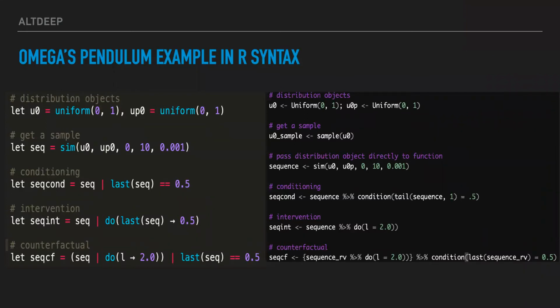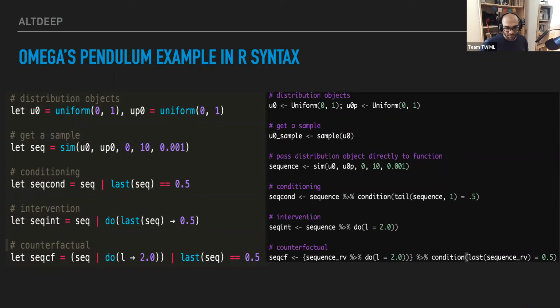Okay, we don't sample here, so that's an error, but we're not sampling yet. We just take those random variables and plug them into the simulator, and that gives the simulator its random initial conditions. We condition with this pipe here with an expression, and that expression